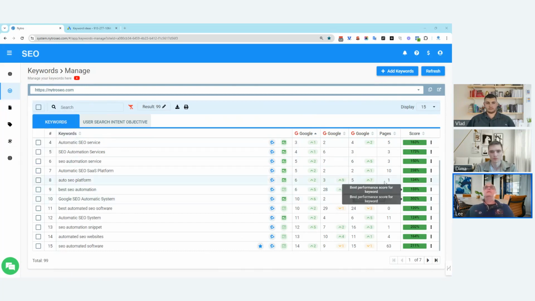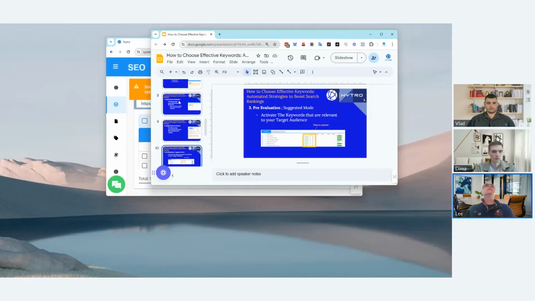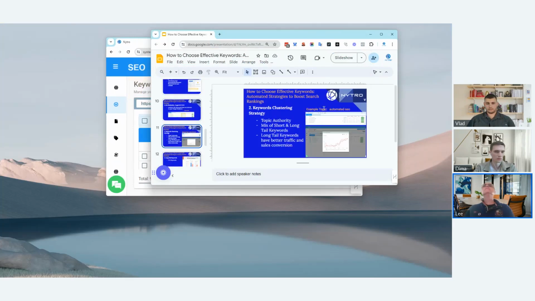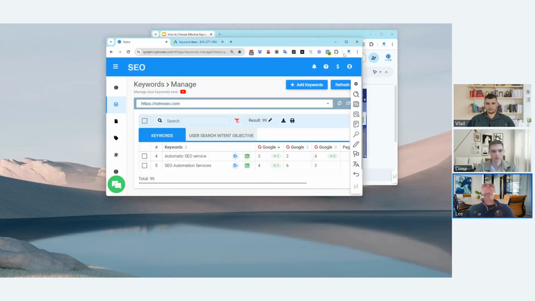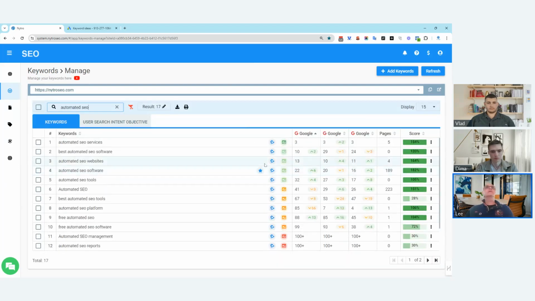Okay, so we talked about that, and then let me show how we're actually looking at automation. We want to look at the topic, for example. Let's look. Actually, let's choose the one that I showed before. Yes, so if, for example, I'm focusing on a certain topic, and I just want to see